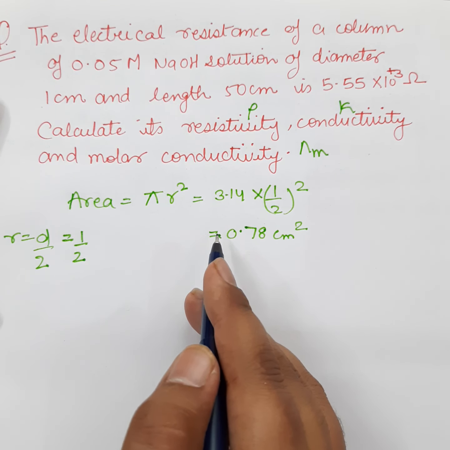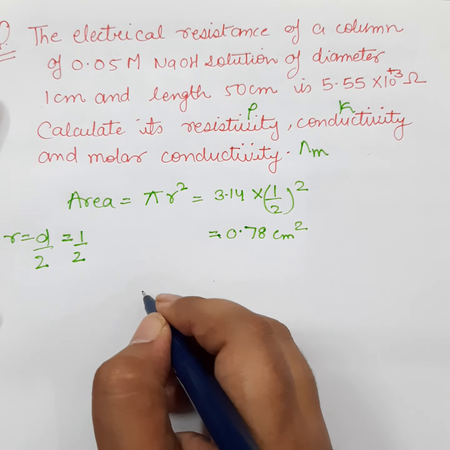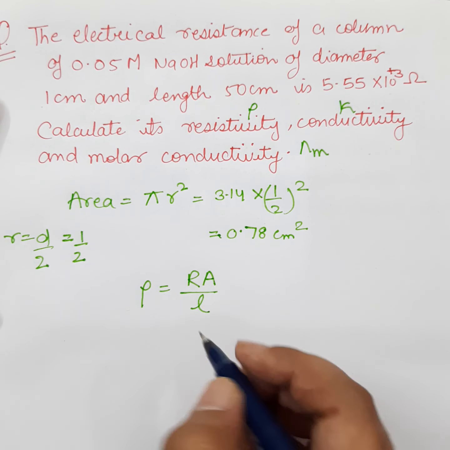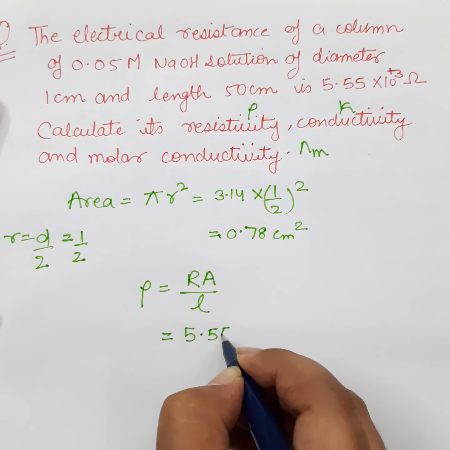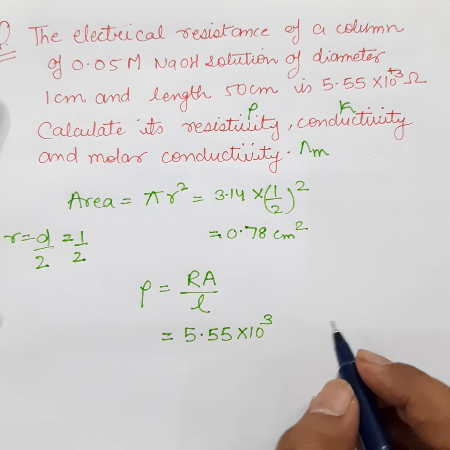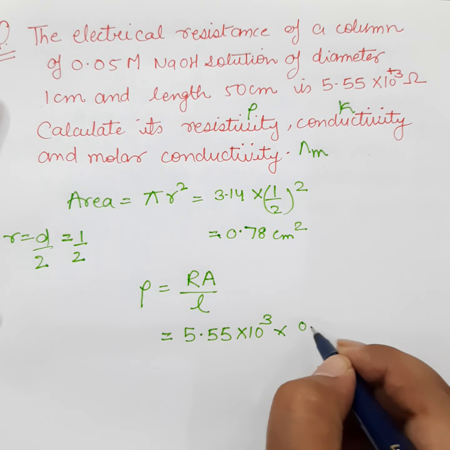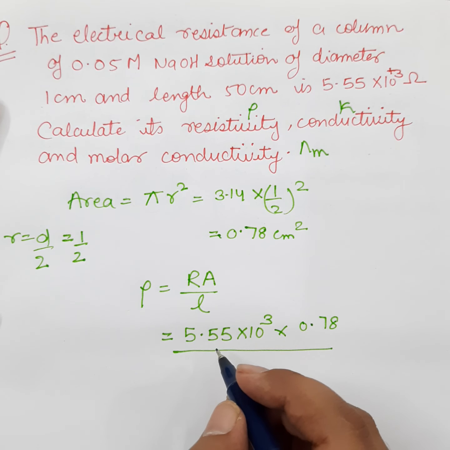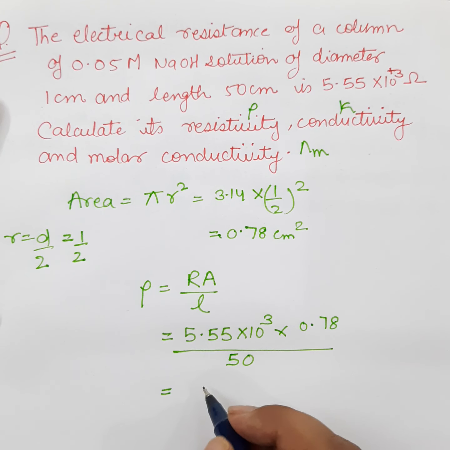Now I'm going to write here the resistivity. First I'm going to find the resistivity. What is rho? Rho is equal to RA upon L. We know R is given to us in the question, that comes out to be 5.55 into 10 raised to the power 3, and length is given to us, that is 50 centimeters. So first I am going to put the value of A, that is 0.78, then divided by length, that is 50. Now calculate, and when calculated, that comes out to be